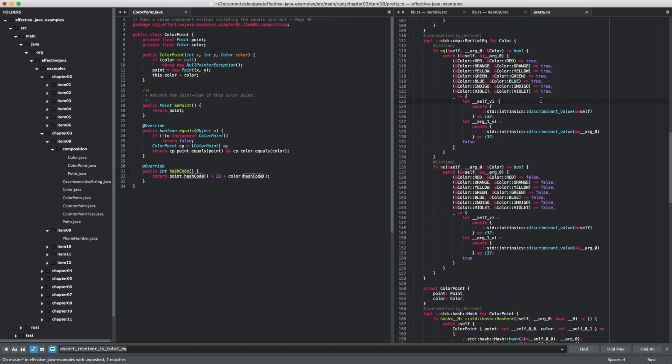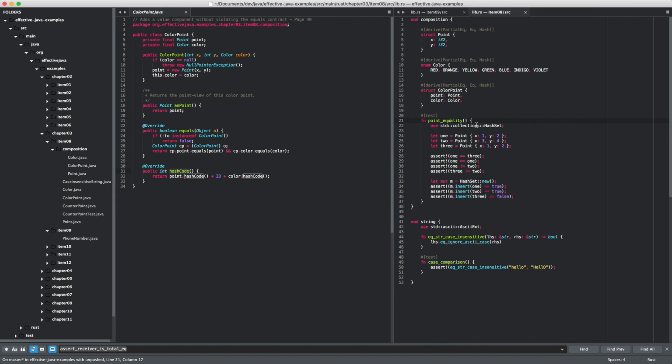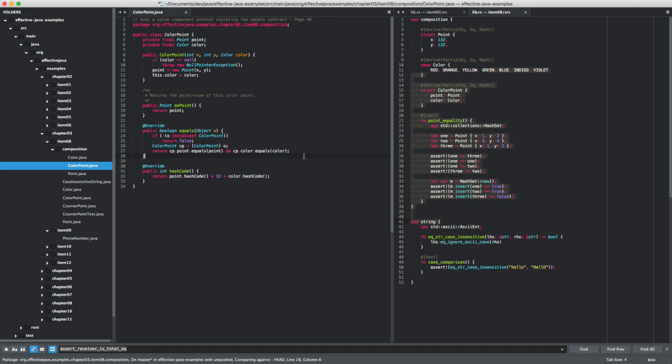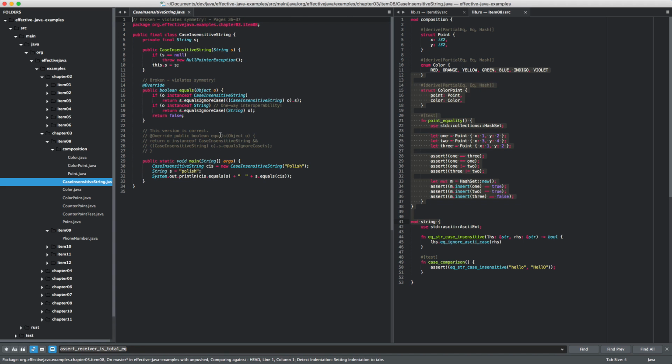Okay. But anyway, as you can see, it's all implemented for us, and it's correctly implemented. It's very powerful. It's nice, and that's something I clearly prefer. Also, it's not so wordy as the Java version is, but that's, I think, a common possible criticism for anything that is Java. And yeah, some other example here where I think symmetry is broken. Is it symmetry? Yeah, here. Where symmetry is broken is a case-insensitive string. And I think